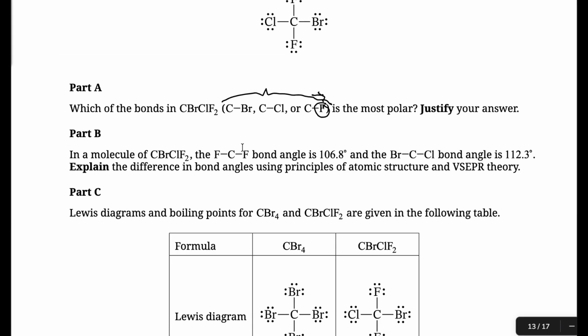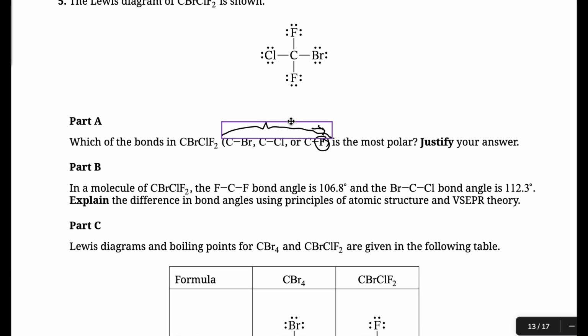Part B is a slightly tricky question. It says in this molecule, the FCF bond angle is this, and the BrCCl bond angle is this. Explain the difference in bond angles using principles of atomic theory and VSEPR theory. So because the CF bond is the most polar, let's use this diagram up here. Because the CF bond is the most polar, it pulls electrons towards itself the most. That means that there is less electron repulsion near C, because the electrons are all spending more time next to the F. So because there's less repulsion near the C, these two atoms are able to be physically closer together